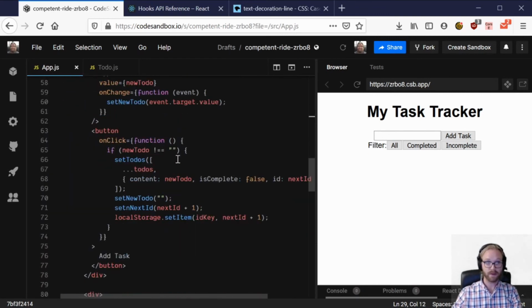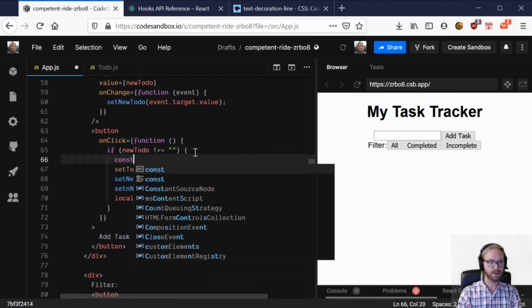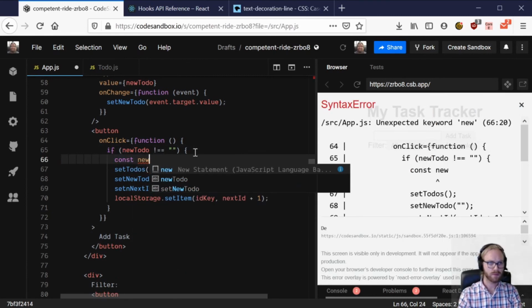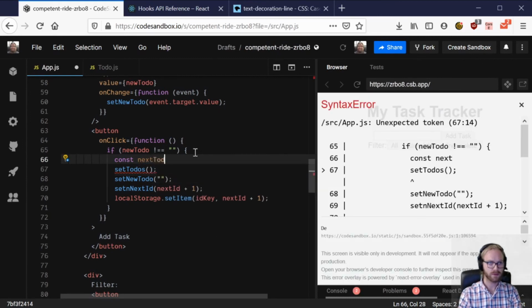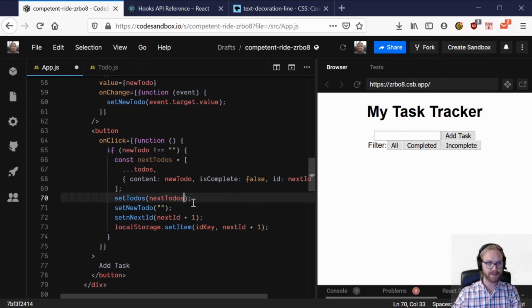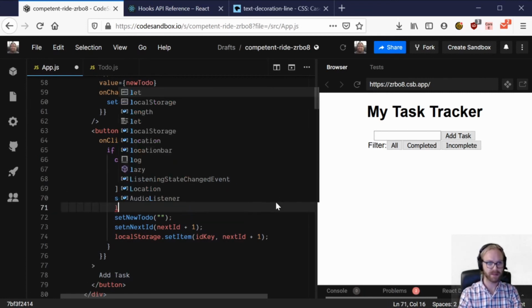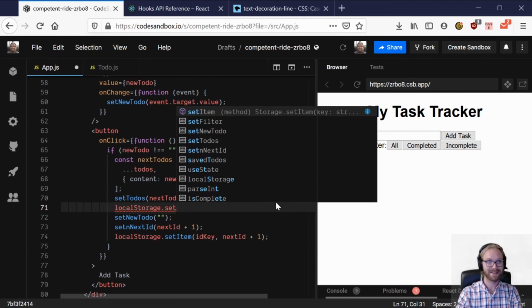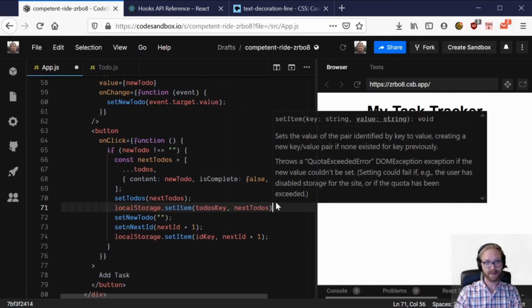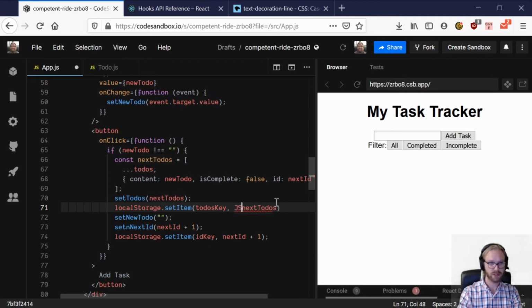Then we need to save our to-dos. So we'll break this out. We'll say const nextTodos is equal to that. So we're going to pass that into there. We're also going to say localStorage.setItem TODOS_KEY. We're going to pass, we need to JSON.stringify